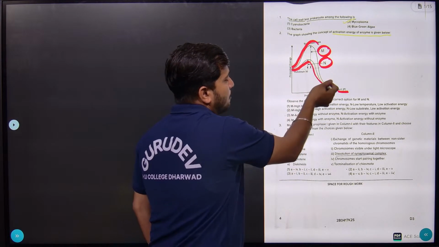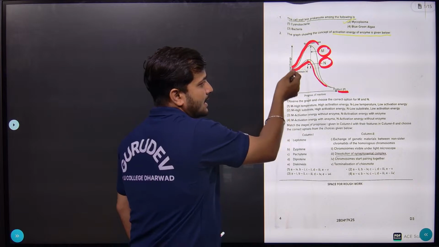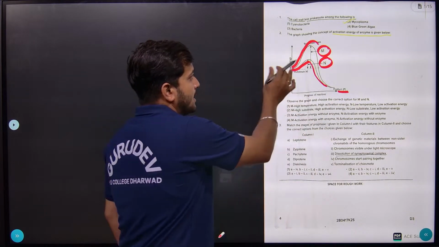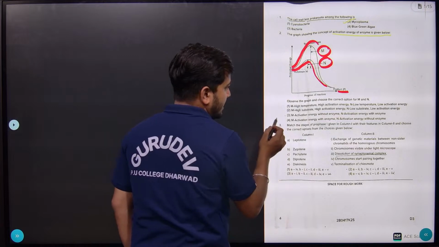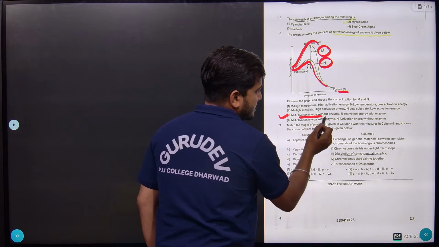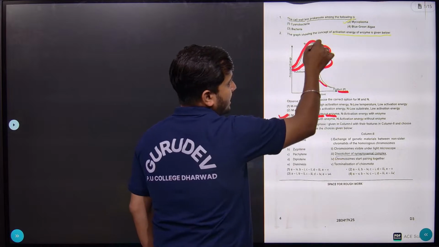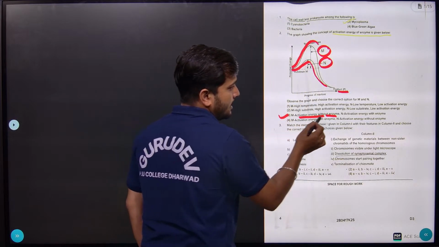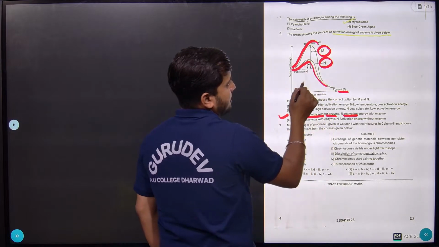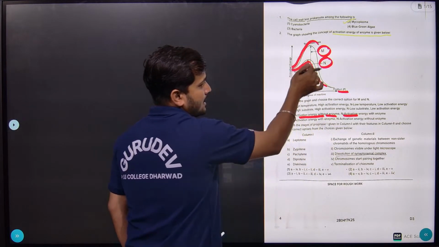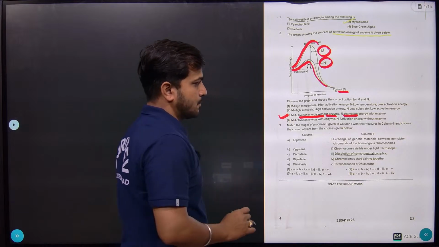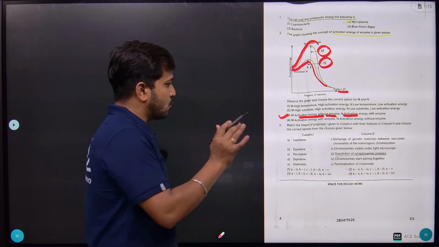What does it mean? The enzyme started reacting with the substrate and started converting it into product. So based on that, M and N are nothing but this: M is the activation energy without enzyme, so it reached the maximum transition state. And N is the activation energy with enzyme, so it reached a lower transition state and formed the product. So here the answer is 3, right?